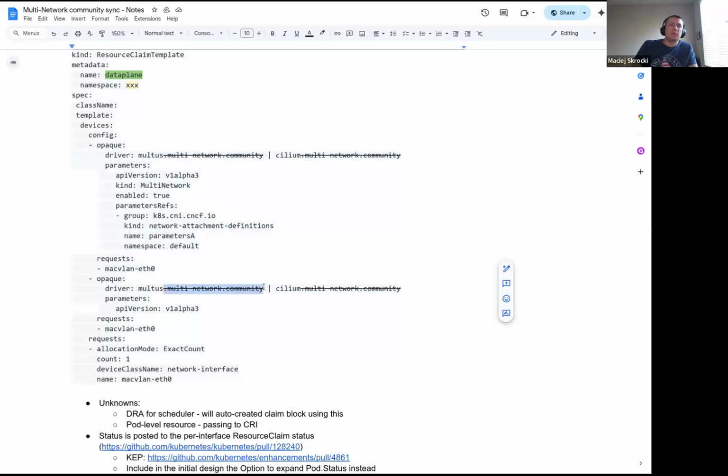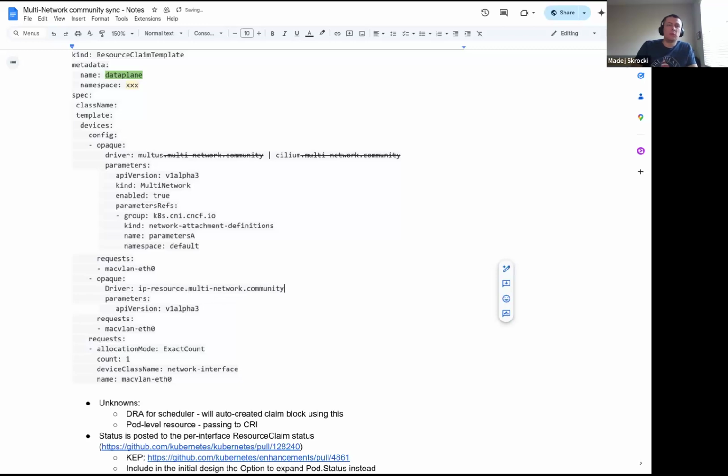This would be a multi-network. Let's say, oh no, Control Z. What did I do? I think this. Yeah, this. So let's say I will have that. So this will be my driver. This will be our community driver. No, not that. But let's say this is multi-network community, or let's say IP